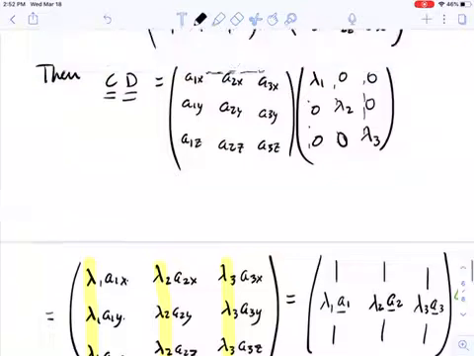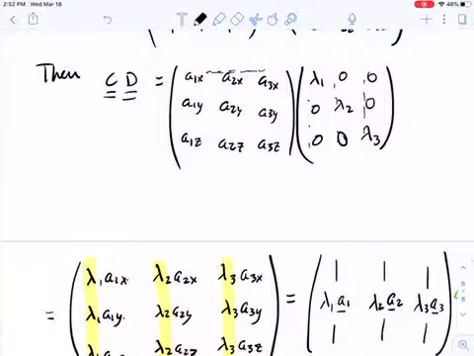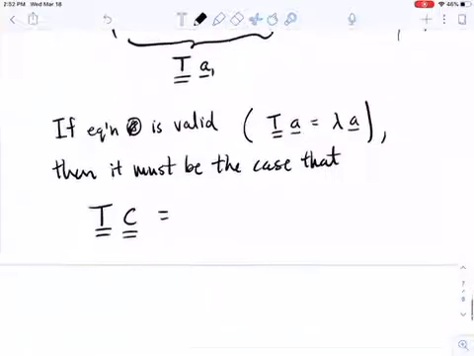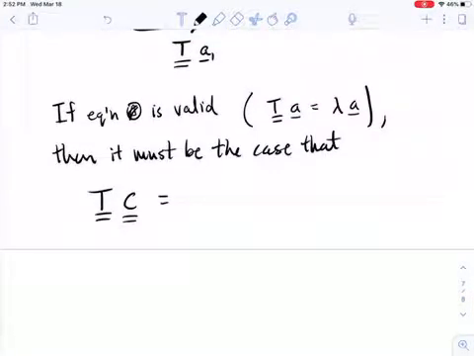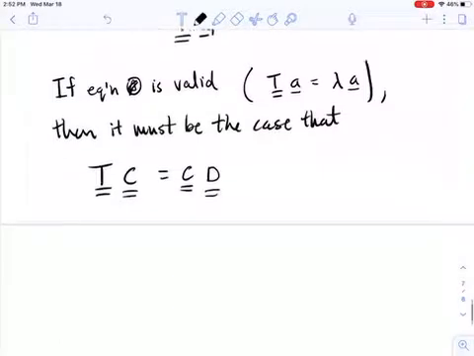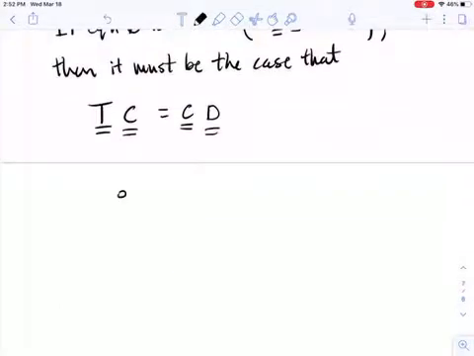We're getting lambda times A from C times the diagonal matrix. So that must be equal to C times the diagonal matrix. All right. Or if we multiply both sides by the inverse of C,